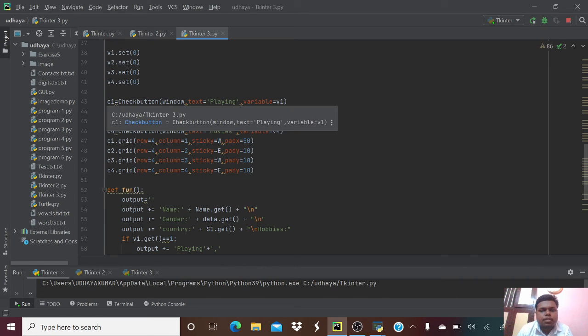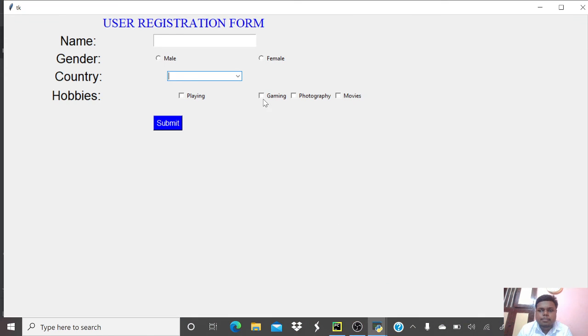And we are saying c1 equal to check button of window, text playing, variable 1, c2 equal to check button text as gaming and variable 2, c3 equal to check button with text equal to photography, variable 3, and c4 equal to check button text equal to movies, variable 4, and we are using the grid function for c1 to c4 to get the correct position in tkinter. Like this we are choosing playing, gaming, photography and movies,